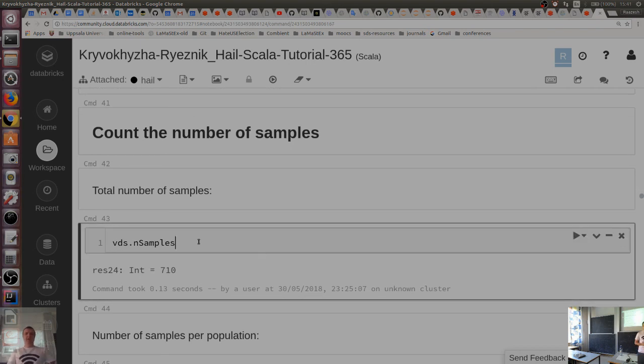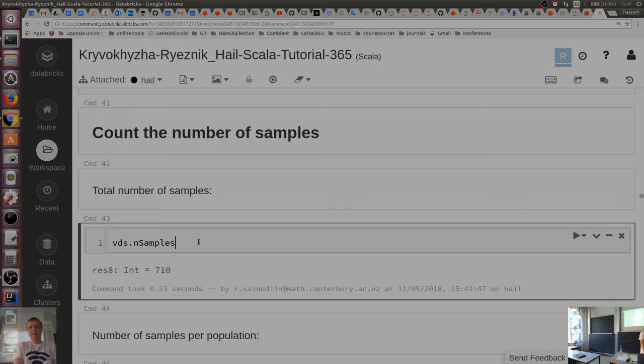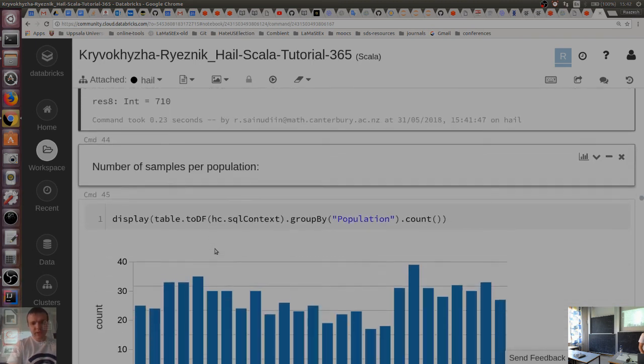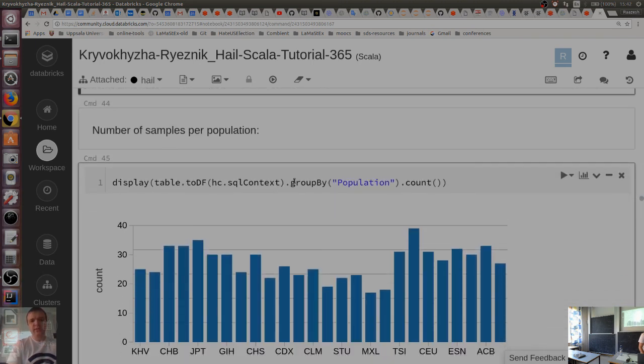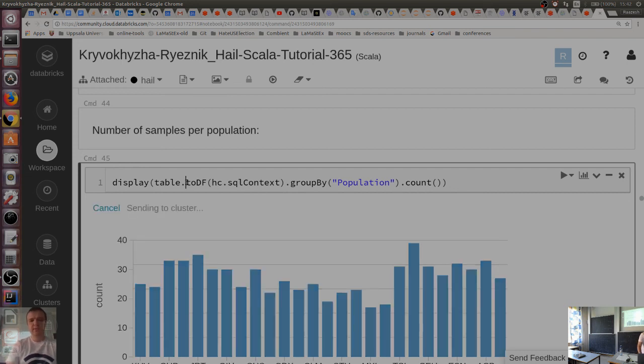Here I just show some simple statistics you may want to know about your data. The first is how many samples we have. I mentioned before that there is the 1,000 genomes project, but this is a subsample, and in this subsample we have a little more than 700 samples. Using the annotation schema, we can also check how many samples we have per population. So if you run this,